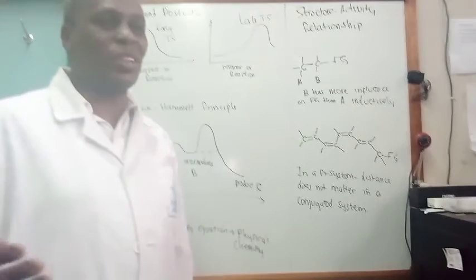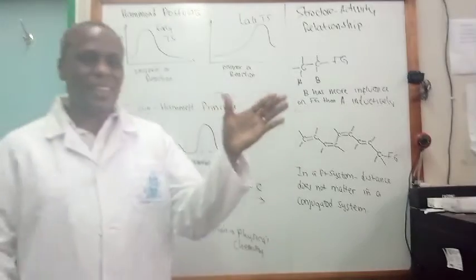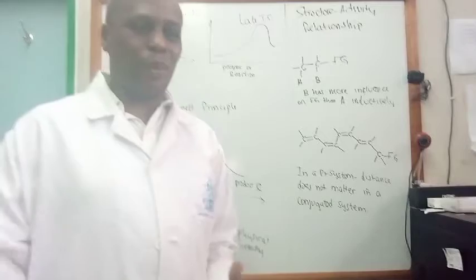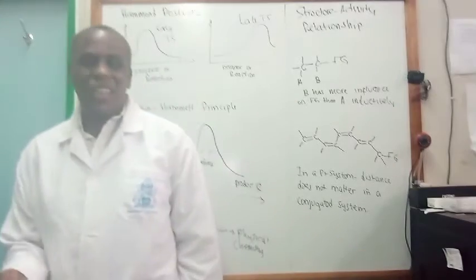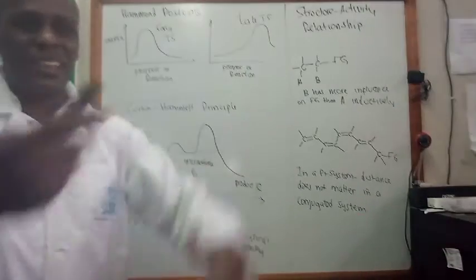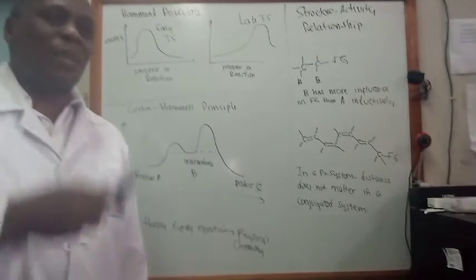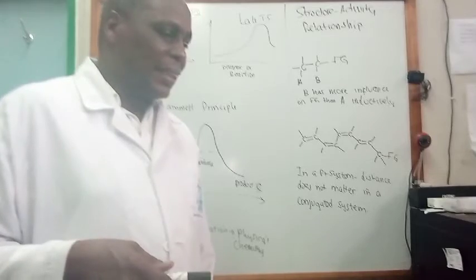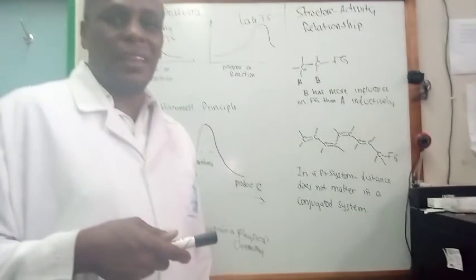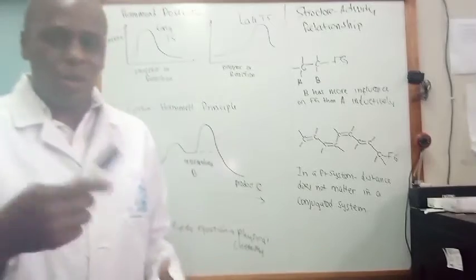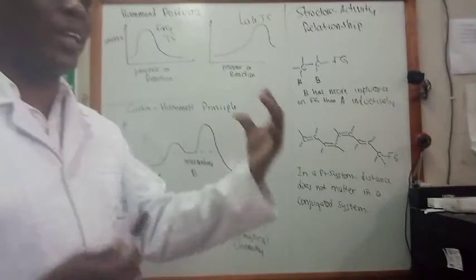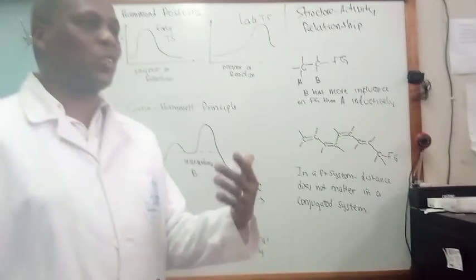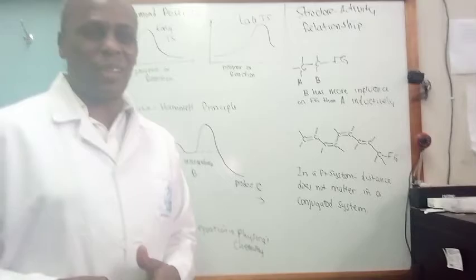A theory is one in which, based on certain assumptions, it agrees with the experimental data, and as such you can use it for predicting some events or something happening in the physical world which may not have been encountered, but it's based on the theory or an equation which you have formulated, which makes use of certain assumptions. That's a theory.